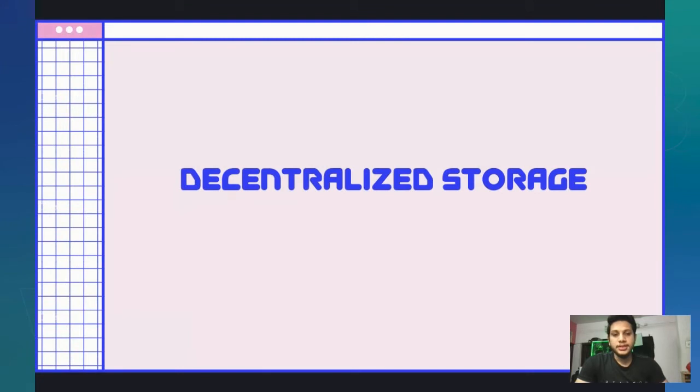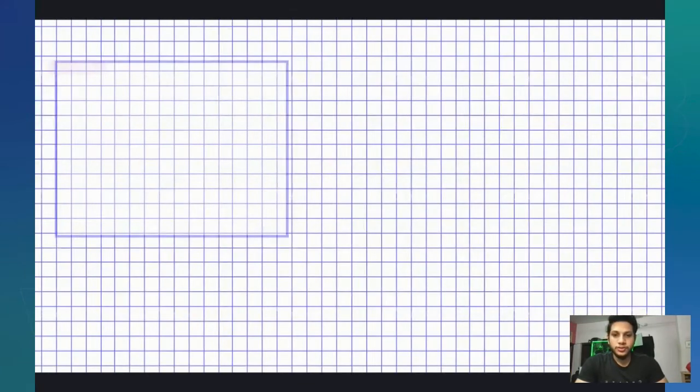And then we also have decentralized storage. So obviously not all data can be stored on chain, and it doesn't even make sense because some networks also have high transaction fees and high cost fees based on what data is stored. So on blockchain networks, the gas fee you pay while deploying a program is basically the amount of storage that the program takes up or the computation that the program requires. So storing big files would obviously not be very optimal, and that's why we have decentralized storage networks.